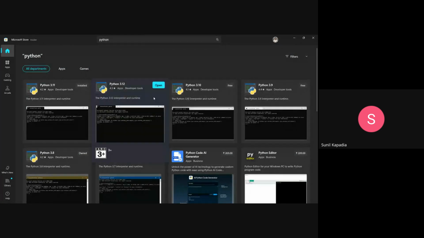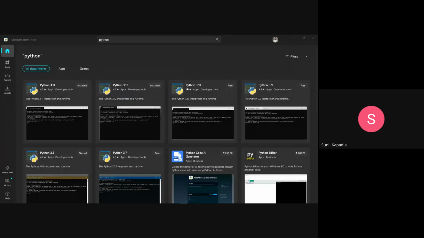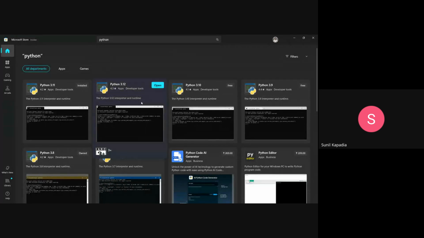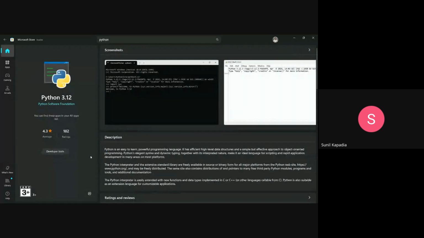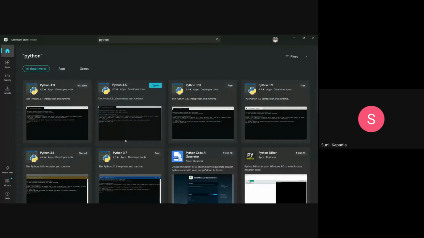So here you will be able to see all the Python versions. You have to select Python 3.12, which is showing right now on the screen. Because Mudassir has already installed it, for him it shows installed, but for you it will show download and install. So just install 3.12, and then after installation,